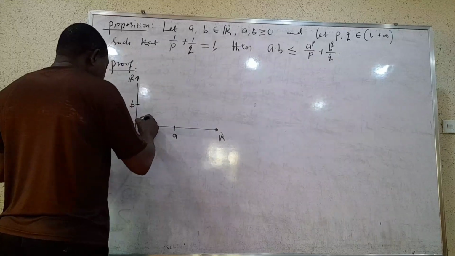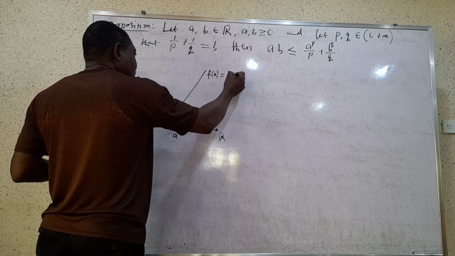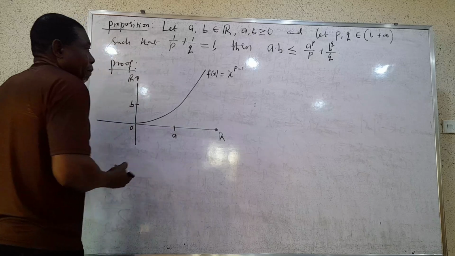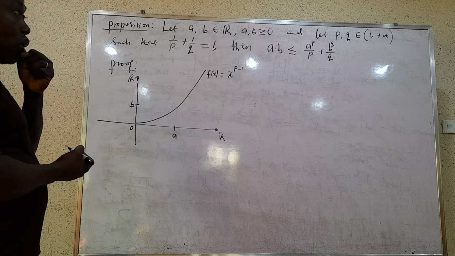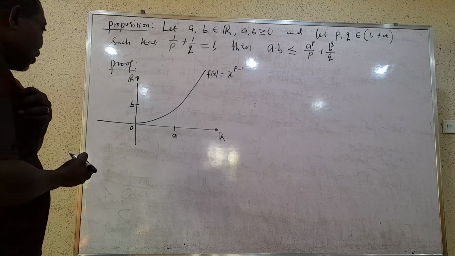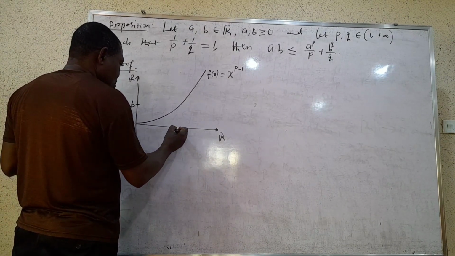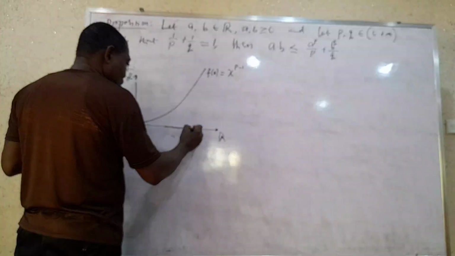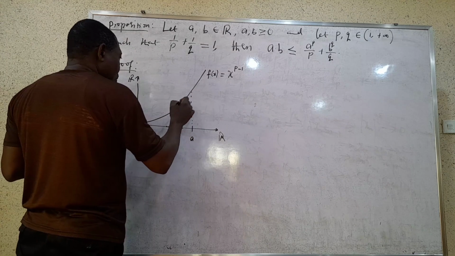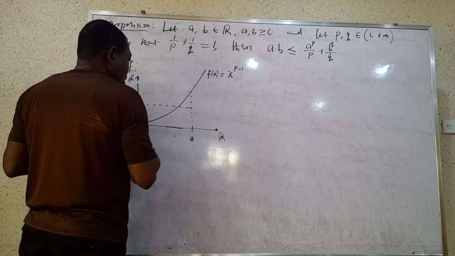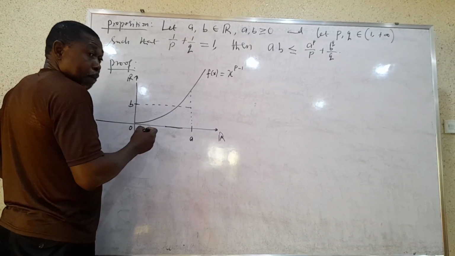Then let this represent the graph of the function f of x equals x raised to the power p minus 1, where p is as indicated in the hypothesis. Then, in this particular case, I'll look at this picture. If we consider this, we'll observe that